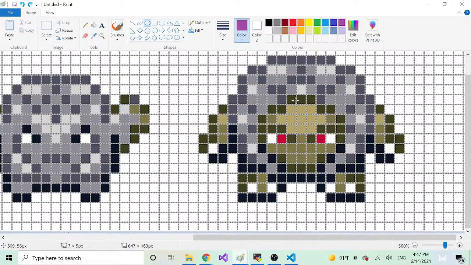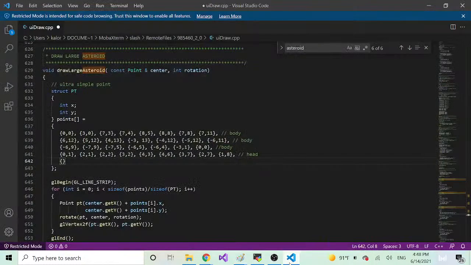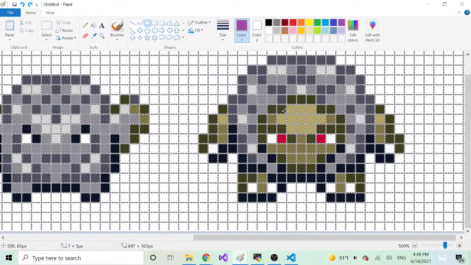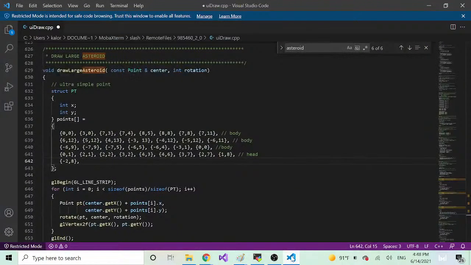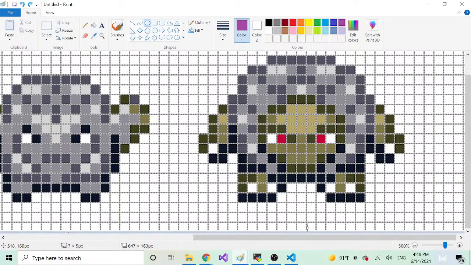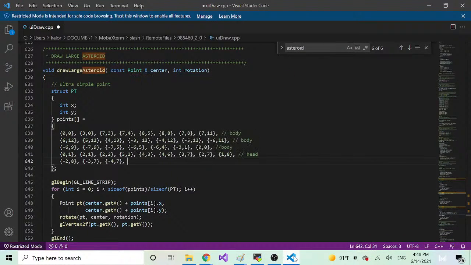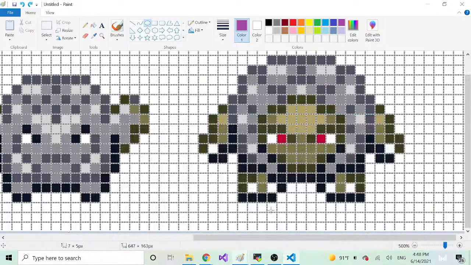Puts us here. Now we need to go -2, which is good, because here on the head we went 2 at first. -2, same y, 8. And we go diagonal down over 1. That'd be -3, 7, and then -4 and 7. After that, we go diagonal down. So that would be -5 and 6. And then we go